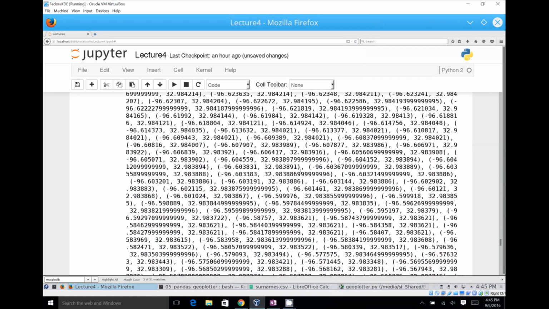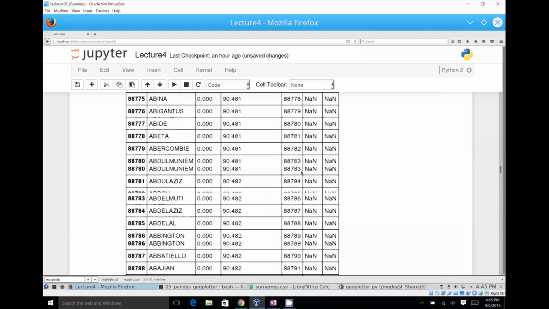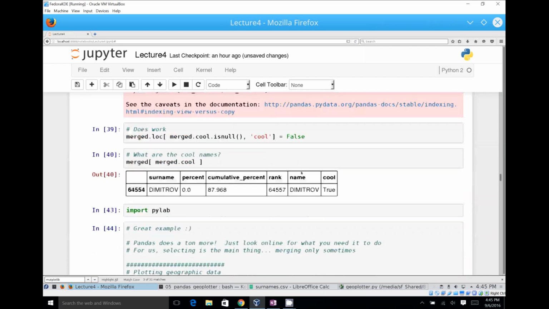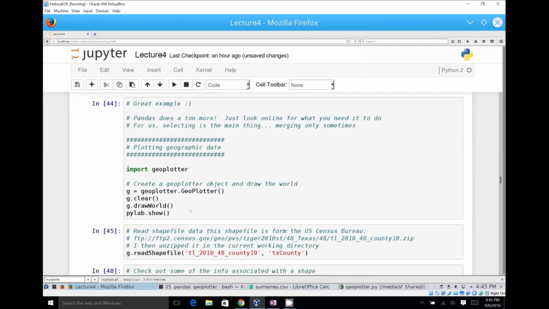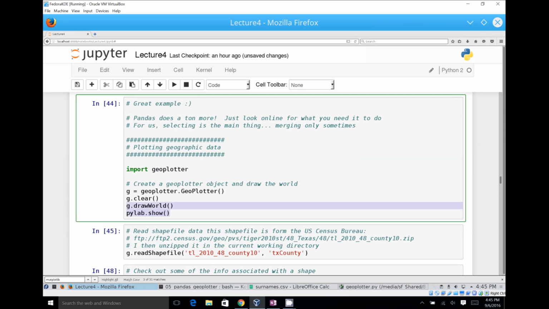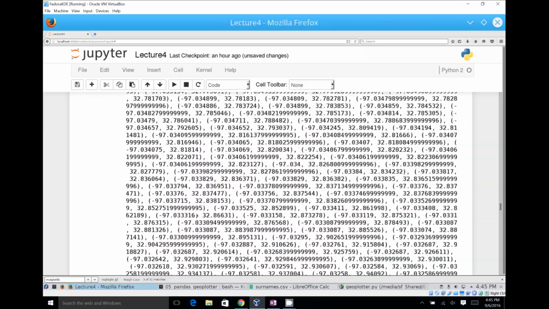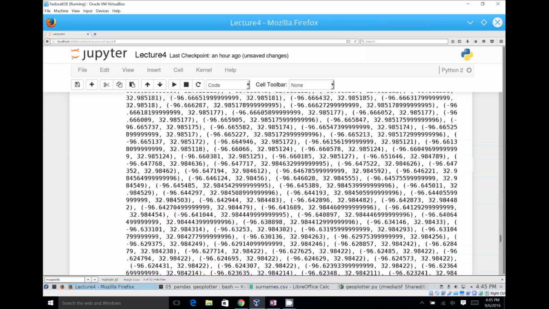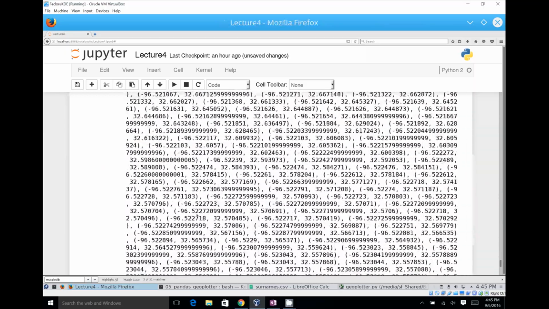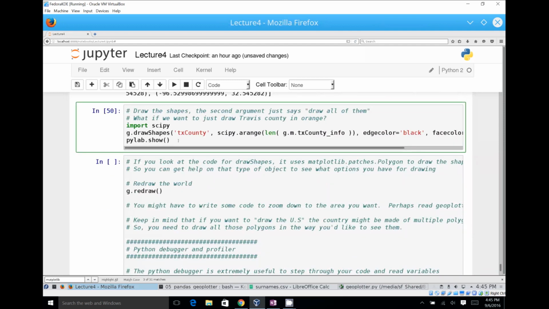And I might have to rerun my previous draw world here, because we've run a bunch of things in between. So this draws the world that we saw before. And then this should draw